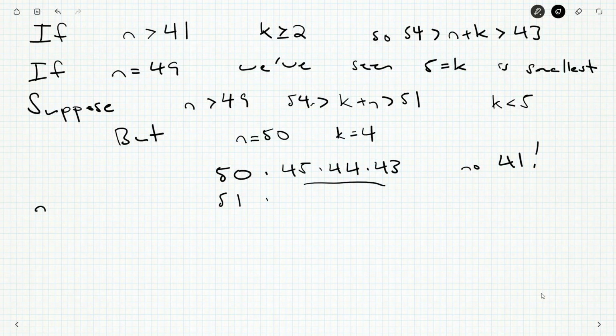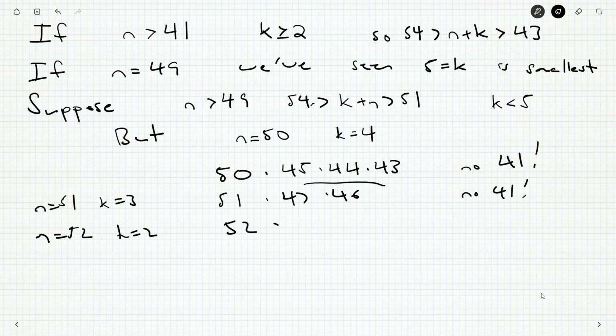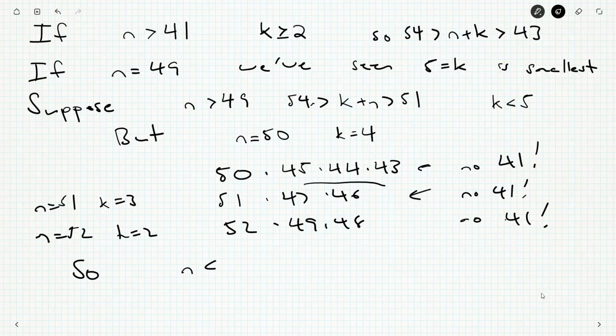Even with 51 and k equal to 3, you still get 47, 46. You still get no 41. And with n equals 52 and k equals 2, and that's the smallest I can make k, we get 49, 48. It has no 41. And incidentally, these two here don't even have 49 kicking around. So n must be less than 49. Well, less than or equal to 49. I know the 49 and 5 case works, but